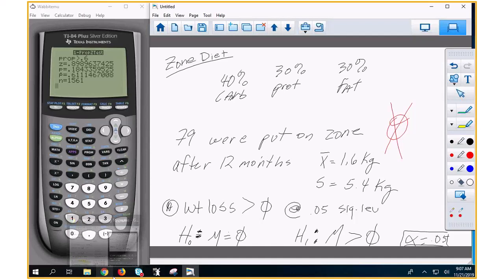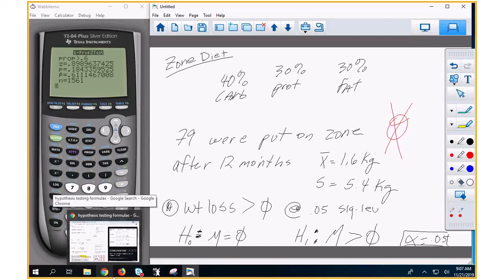I'll let you finish writing it down. Go ahead and plug it in the t-test. X bar minus mu over s divided by the square root of n. And we're going to have to use the calculator for the t-test. You can put it in your calculator, or if you got a table, which I don't think any of you do. Does anybody in here have a table? Okay, we'll just use the calculator then.